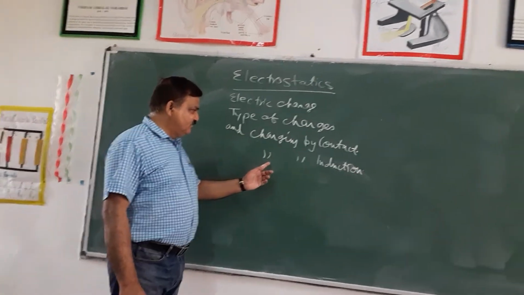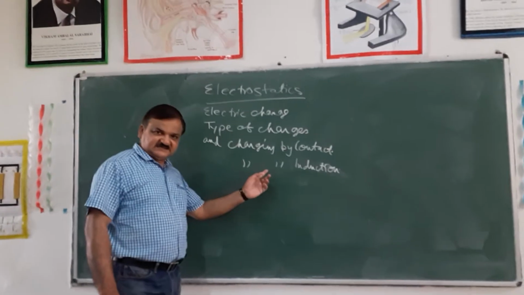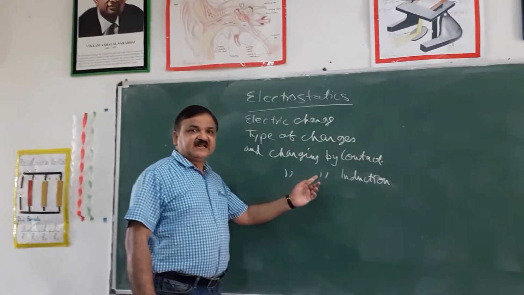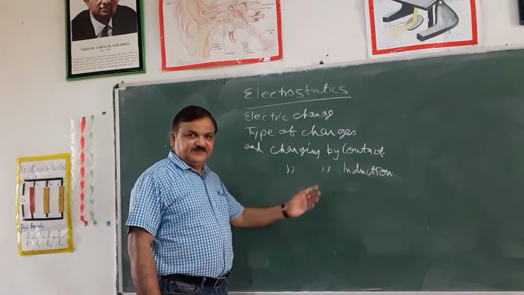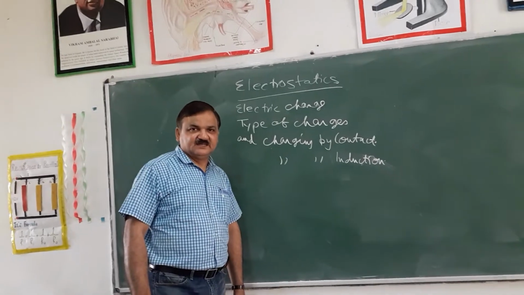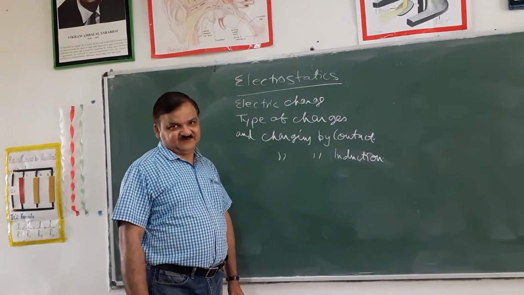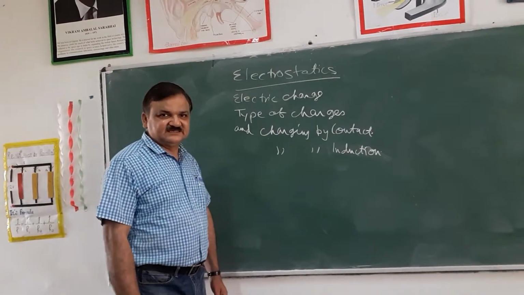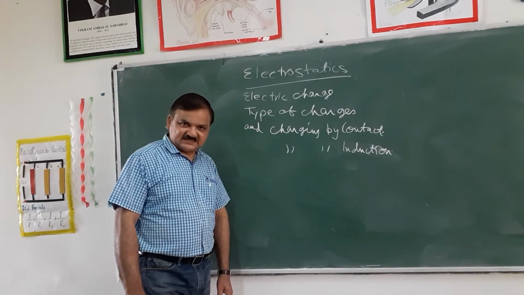But when a charged glass rod or charged plastic rod or charged refill is brought near bits of paper, then without touching, the paper gets attracted towards the refill or glass rod. This is known as charging by induction,